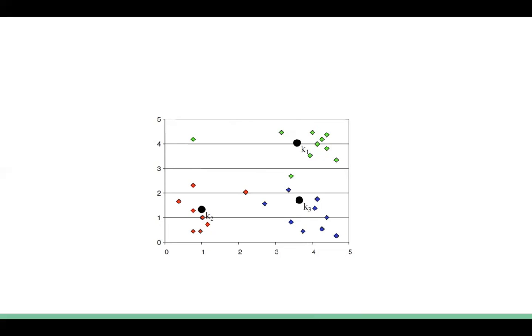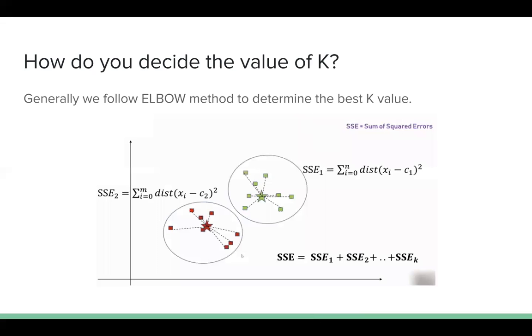So that is one parameter based on which you can evaluate whether your cluster is actually good or not. Okay, and also in certain cases you may have to manually verify for which particular k value you are getting good clustering. So it is basically a trial and error method, but it is not just that. We can also do something called the elbow method. This elbow method will allow us to identify for which value of k we got minimal sum of the squared errors, minimal SSE.